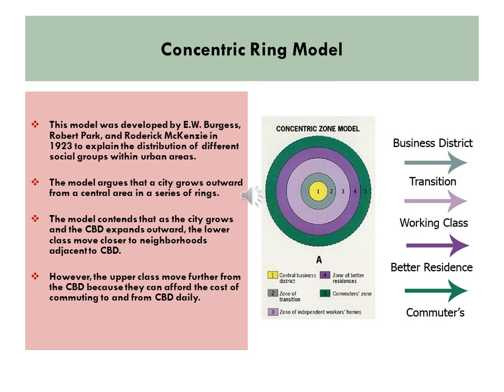In other words, this model is telling us that a city grows from a small center, which we call the CBD, and it grows outwards, so that those who can afford the cost of commuting daily to the CBD are likely to stay as far away as possible from the CBD, while those who may not have the financial means to reside far away from the CBD will try as much as possible to stay as close as possible to the CBD,